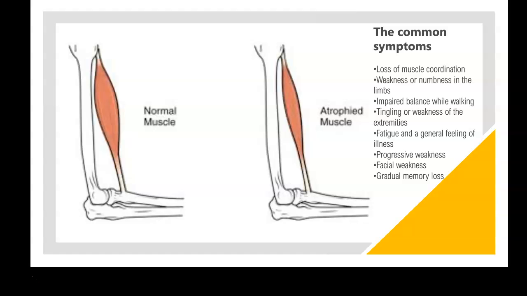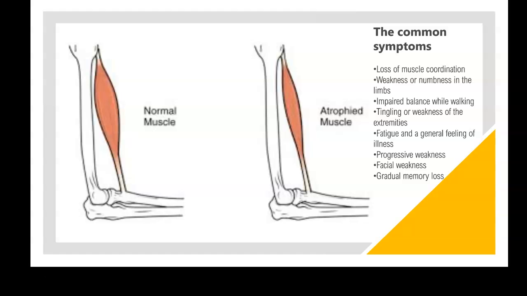The common symptoms of this would be loss of muscle coordination, weakness or numbness in the limbs, also impaired balance while walking, tingling or weakness of the extremities, fatigue, and a general feeling of illness, progressive weakness, facial weakness, and gradual memory loss. There could also be severe symptoms that would lead you to the hospital, and these symptoms would